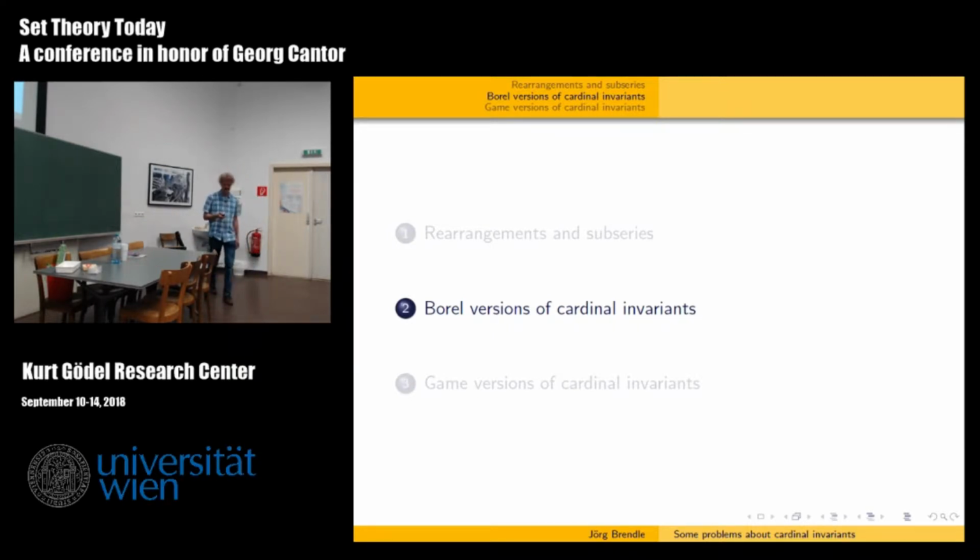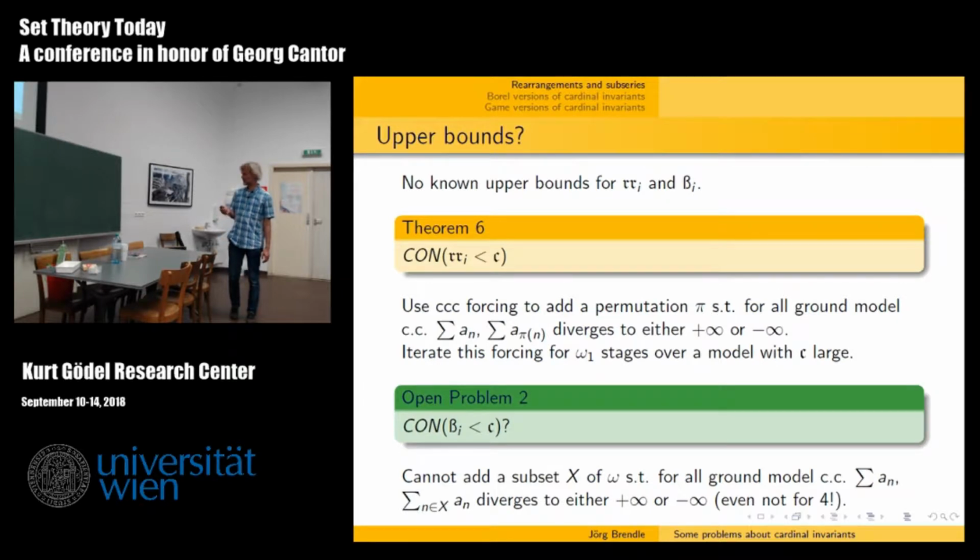What was that 4? I didn't understand. Oh, the 4 was simply, even for 4 you cannot do that. For 4 conditionally convergent series, you can't do that. It means that you can construct 4 conditionally convergent series such that there is no subset of omega such that for this subset, all of them simultaneously diverge to either plus or minus infinity. 4 is the minimum, right? It works for 3, right? Yeah.